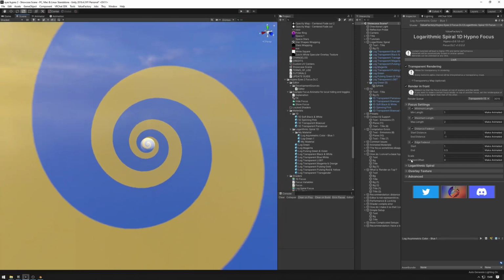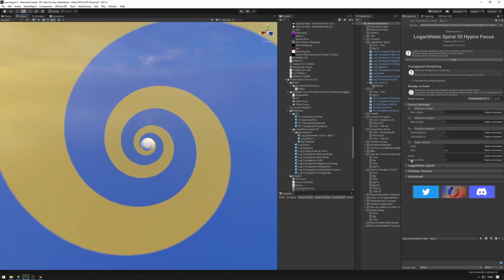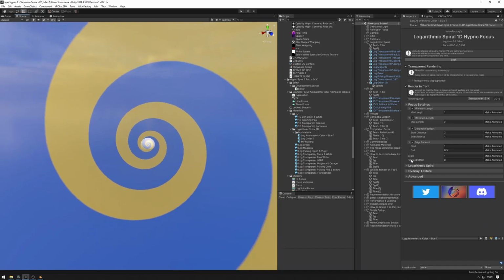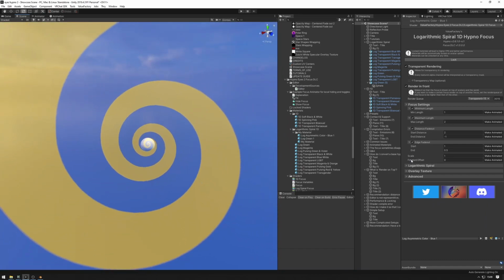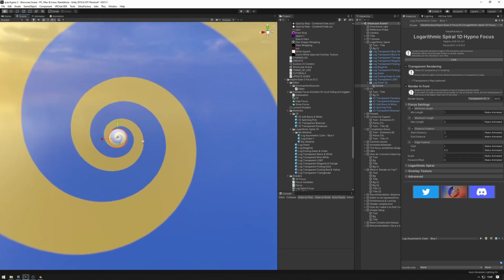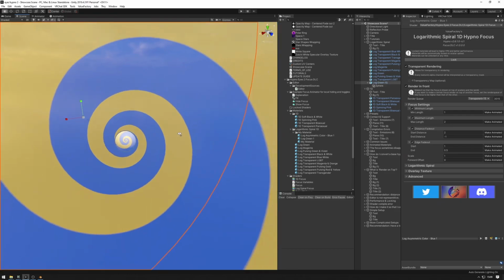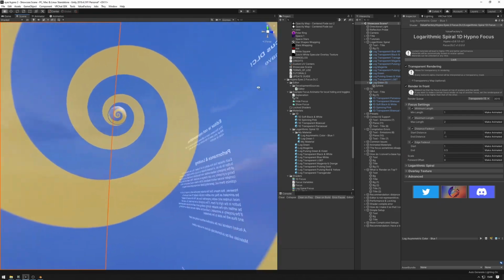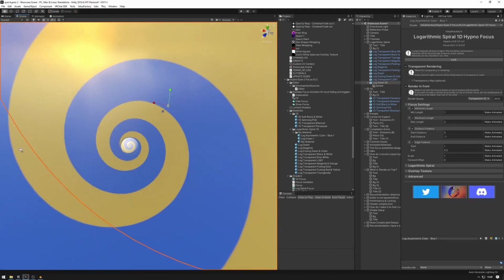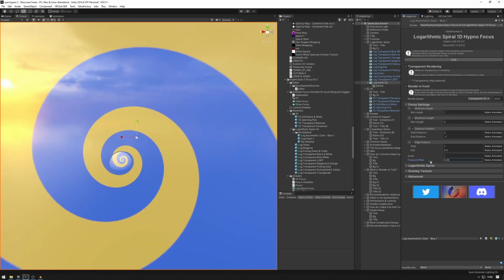So what is this forward offset parameter? This controls how far the visual center of the focus will be offset from the actual center of the focus. I've put a sphere at the very center of the focus here. And right now, the focus always tries to point towards the center of that sphere, no matter what. It always tries to go there. But if we increase the forward offset a little bit,